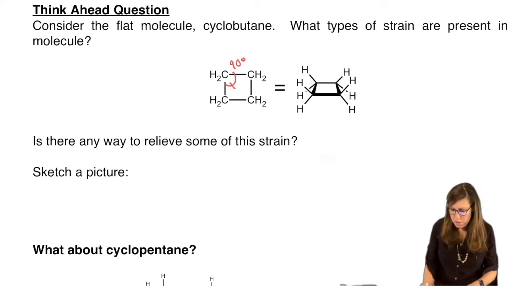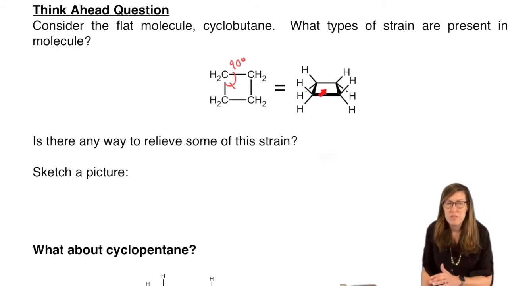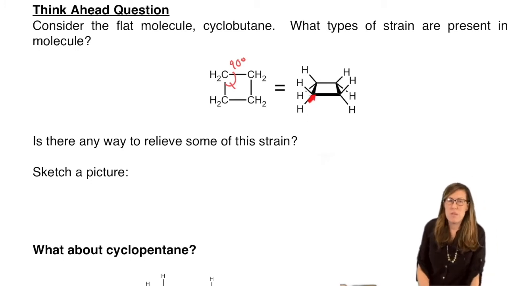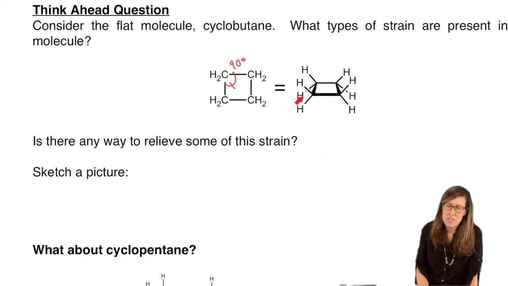So I'm not using the model because I want to kind of train you to also be able to look at the paper without the model, because that's ultimately the goal. Use the model to fully understand what's on paper, and then slowly let go of the model until you get to really tricky, complex cases, which you will do all the way through the end of Organic 2. But it saves you some time to not take the model kit out every single problem, right? But in these few chapters, you probably will.